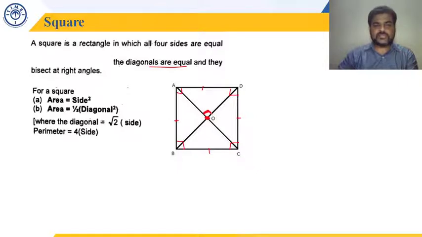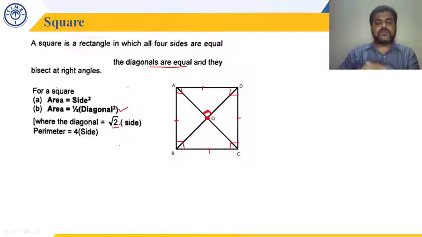Okay. So what is the area of a square? Area of a square is side length squared. You take the side length, square it to get the area. But you can also get the area by using this formula. If you know the diagonal, from the diagonal directly you can get the area like this: half into diagonal square. Half into diagonal square, that also gives you the area. And if you know the side and you have to find the length of diagonal, then root 2 into side gives you the length of the diagonal. Okay. So length of the diagonal of a square is root 2 into side.